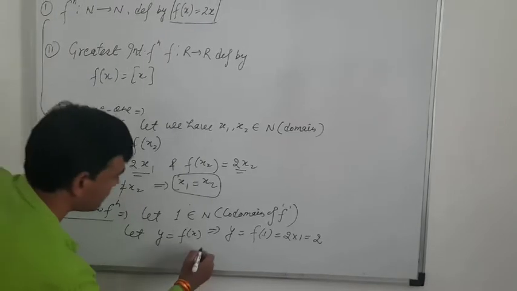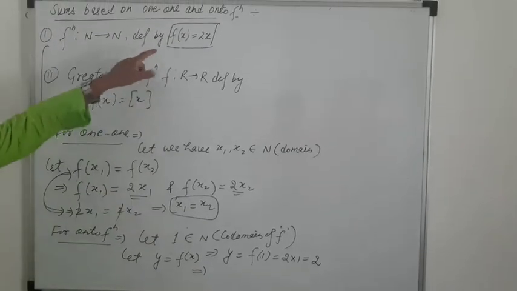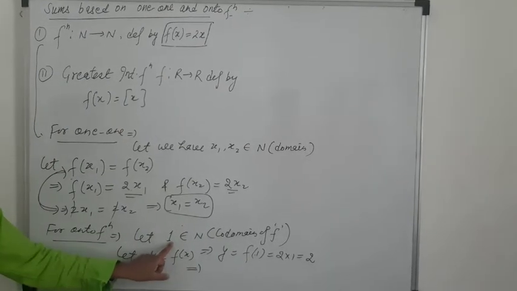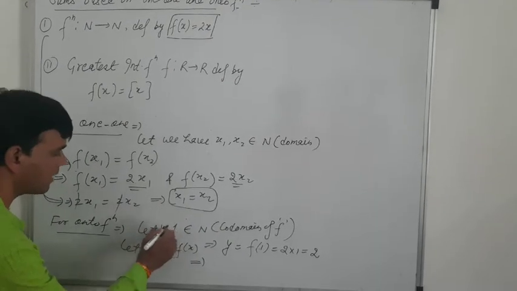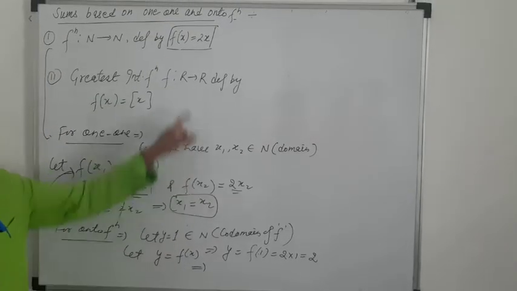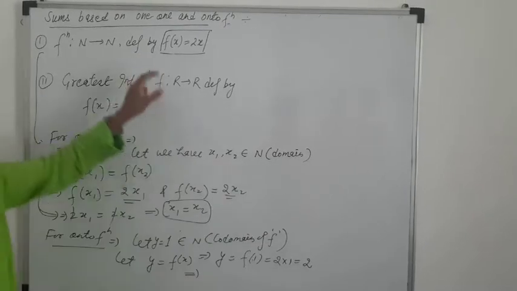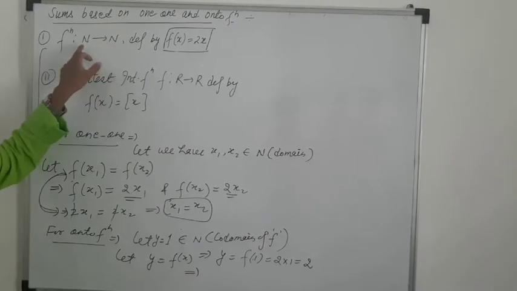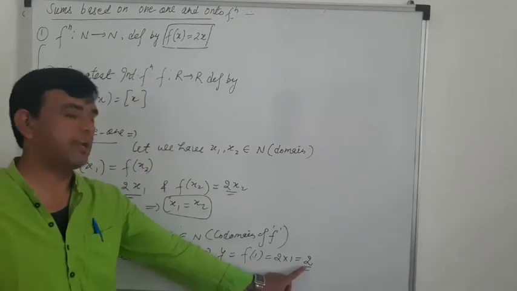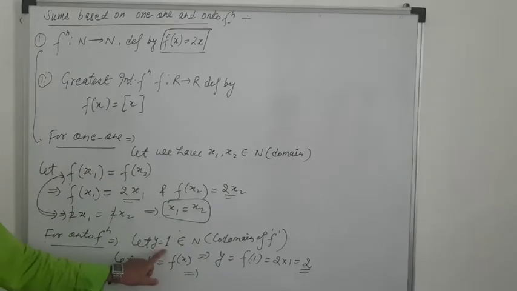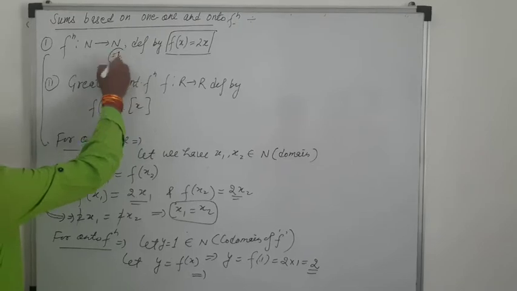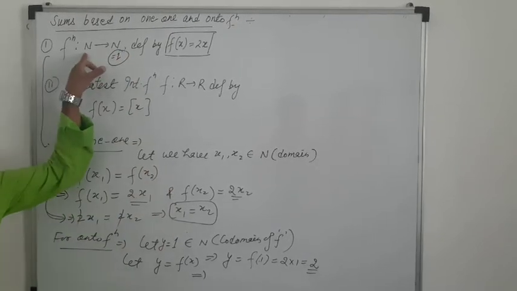It means if you put the element 1, then the image of that is 2. But for the codomain element 1, in no condition will this be an image of any element of the domain in this set, because you know that the image of every element is an even number. So since 1 is an odd number, an odd number cannot be the image of any element of the domain.